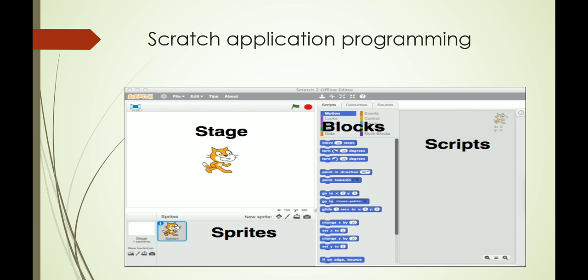And on the right-hand side a light gray page is there. That area is called the script area. Whatever instructions we need, we drag and drop and write the script there, to make the sprite perform.